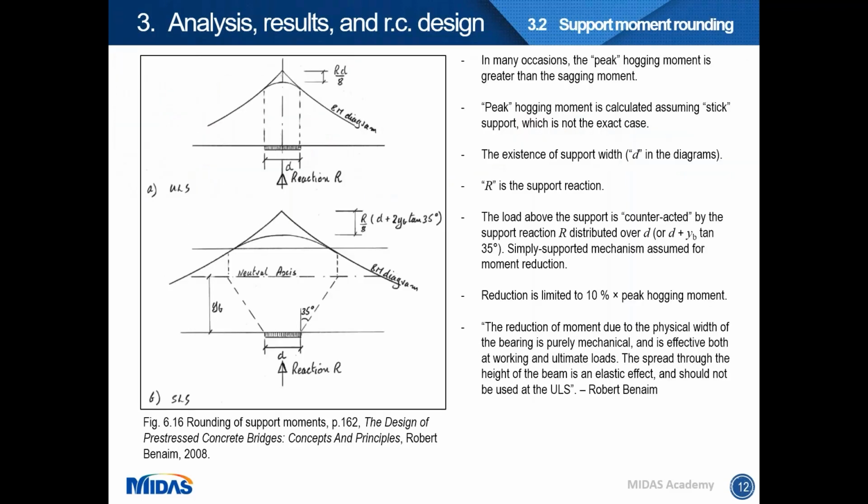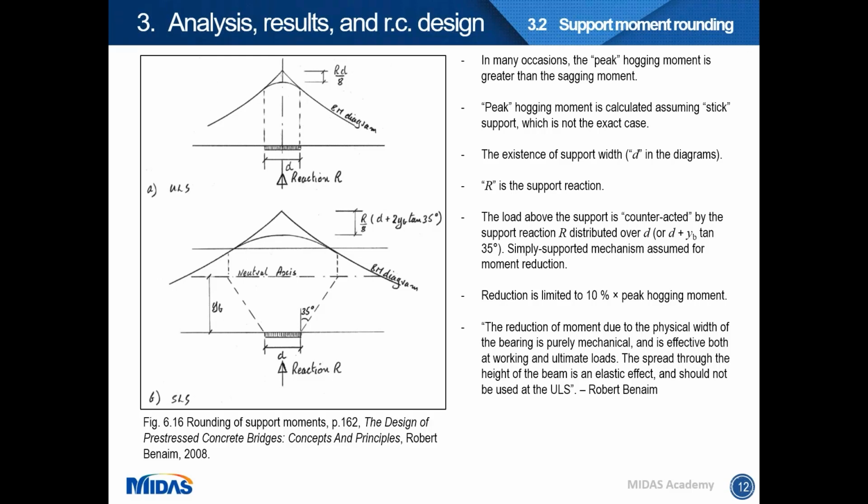Another thing that I want to share is about the negative moment, or hogging moment, above the support of an integral bridge. It is something like the hogging moment of a continuous beam. In my experience, this negative moment is mostly more governing than the sagging moment at mid-spans. So let's look at how we consider